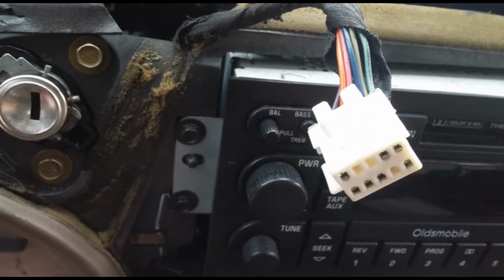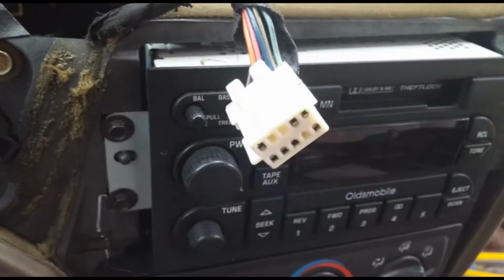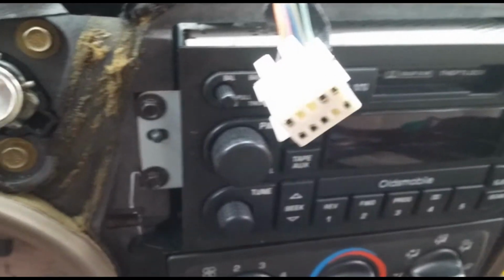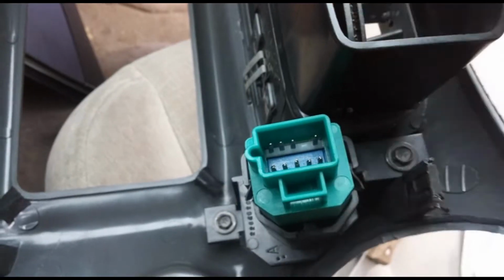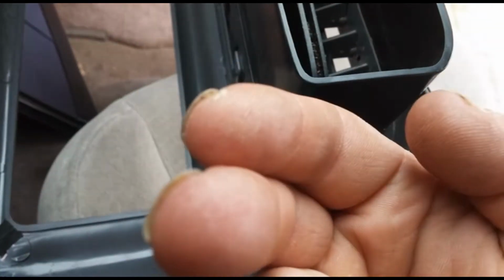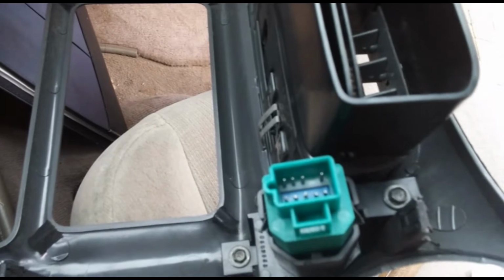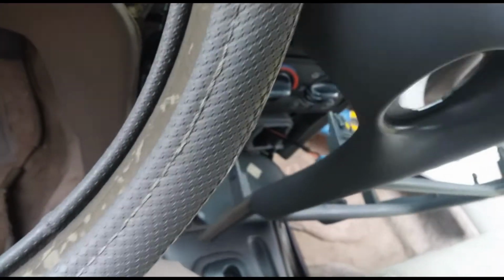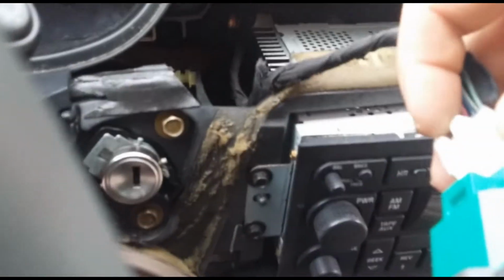I already tested it with just the connector barely plugged in, and the turn signals were working like they're supposed to. So I just have to get this thing plugged in, and then the turn signals will work again. There's 2 little pieces, and they like to split open like this, which keeps them from going into the connector. So in order to get it into the connector, you have to play with it a little bit